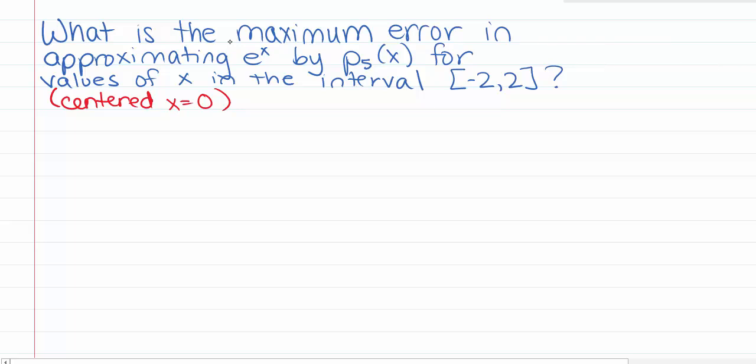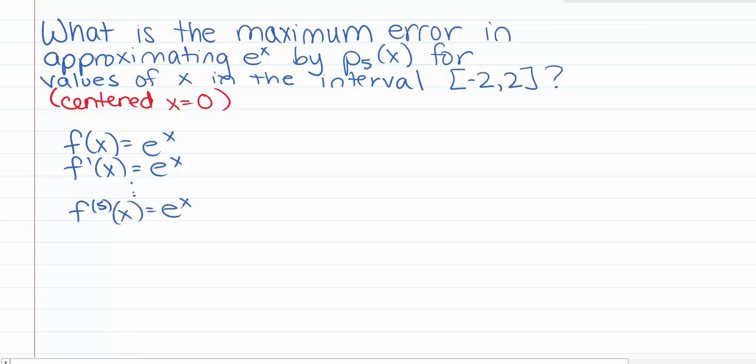All right. So what do we need to do first? We need to actually find the polynomial. So let's start by looking at derivatives. F of x equals e to the x. F prime of x equals e to the x. Wait, they're all going to be e to the x, right? The fifth derivative is going to be e to the x. Okay, so that makes that pretty simple. That means that when I plug 0 in, I'm going to get e to the 0, which is 1 every time. F prime of 0 is 1. The fifth derivative at 0 is 1. Every derivative at 0 is 1. Well, that means that we can